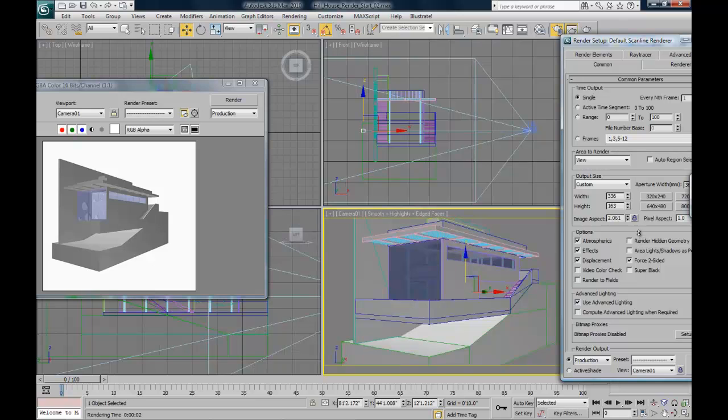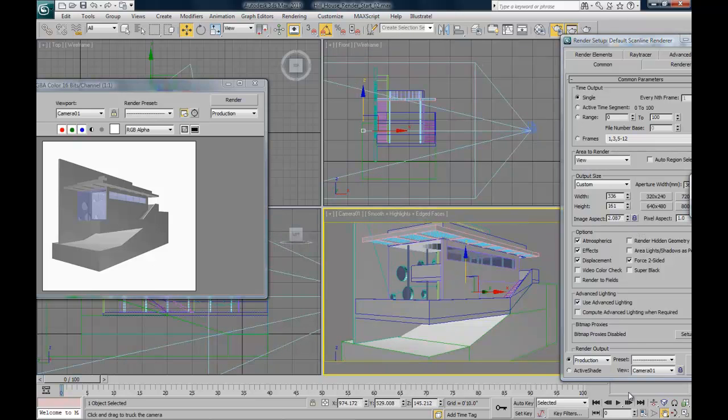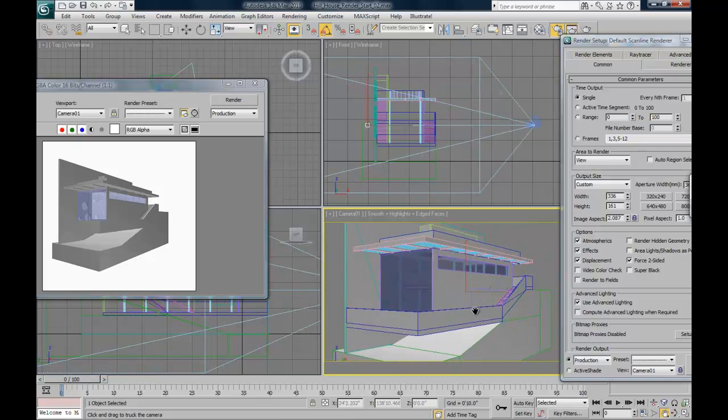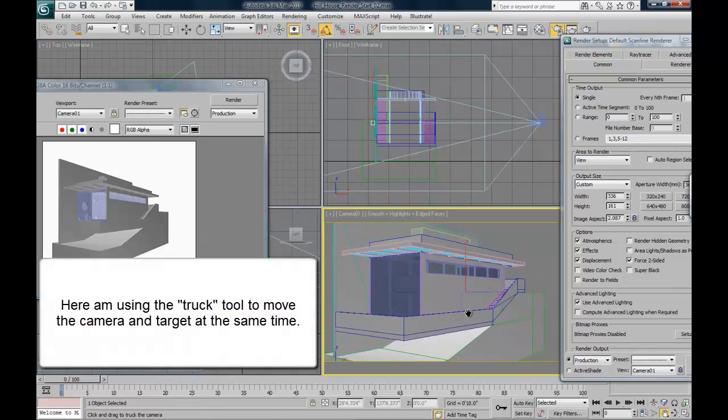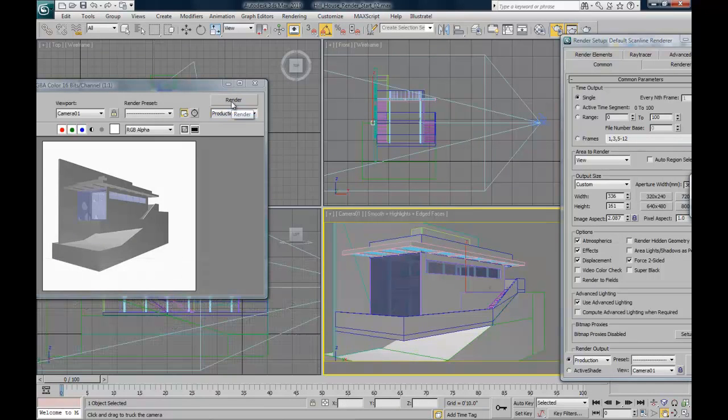For our scene, I want to make it more of a horizontal image, and maybe I want to pan around a little bit to adjust my scene. Okay? So now, if I click render,